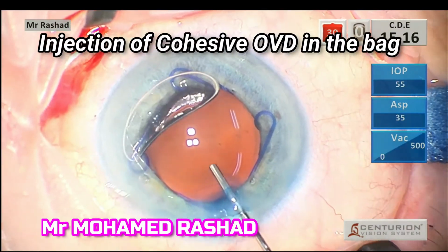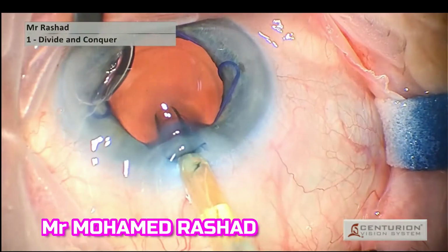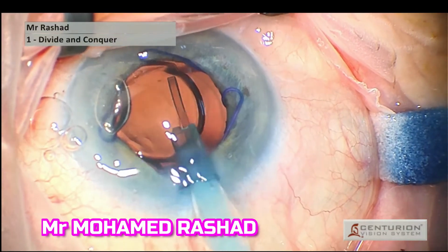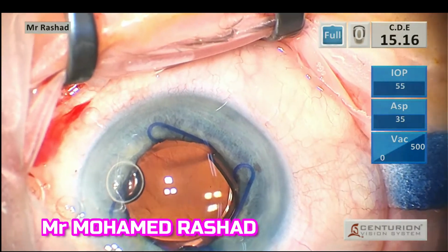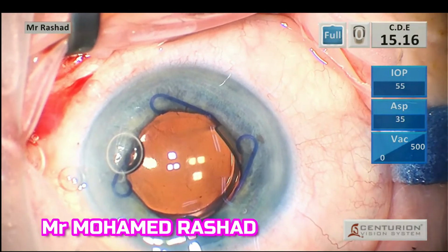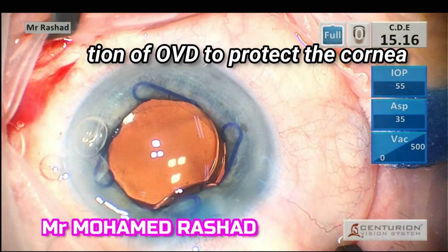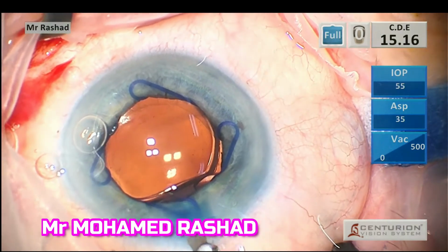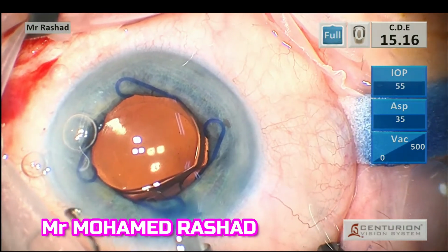Then injection of cohesive OVD in the bag and in the AC because it is very shallow as well. After implantation of the IOL, I don't remove the OVD. I usually inject more OVD in the AC for removal of the ring. I start removing the ring with the thumb manipulator from the side port here,